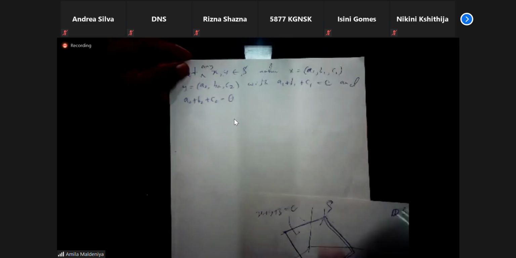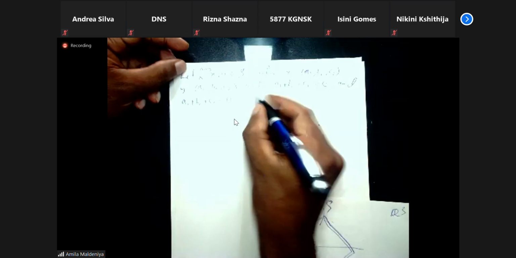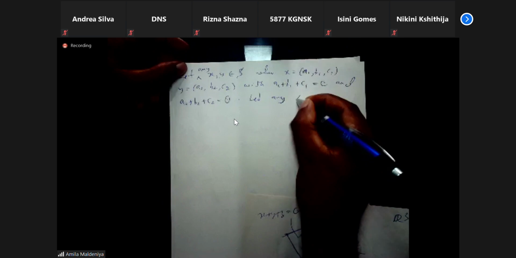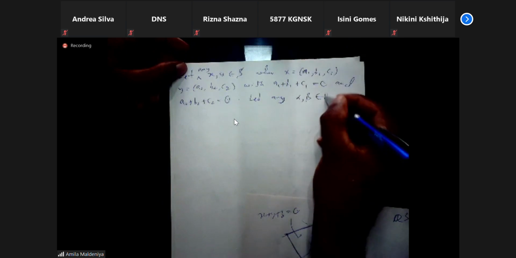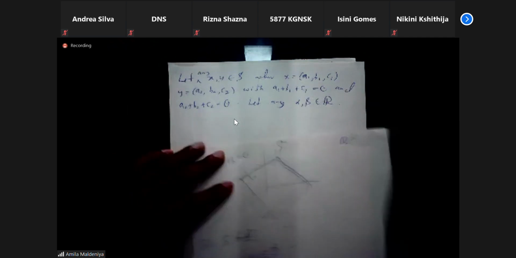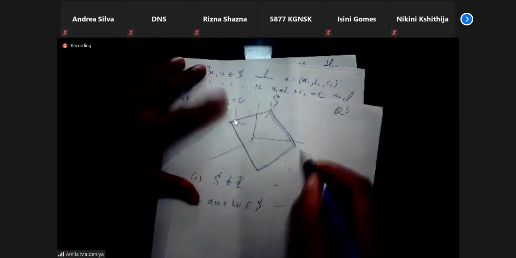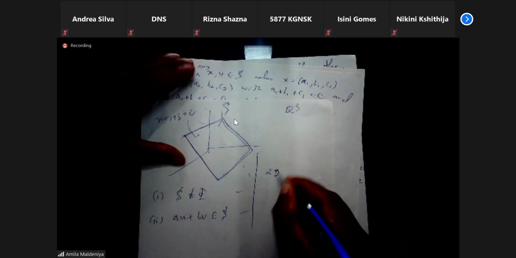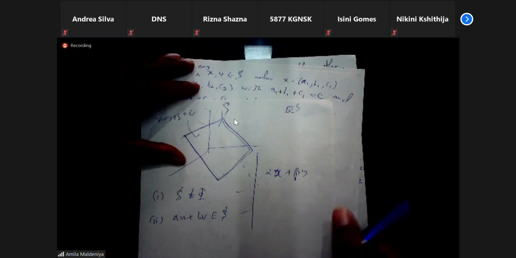So I just pick two elements. Now also let alpha and beta be any reals in R. Now what we want to prove is that alpha X plus beta Y